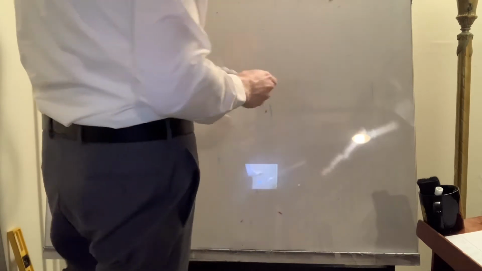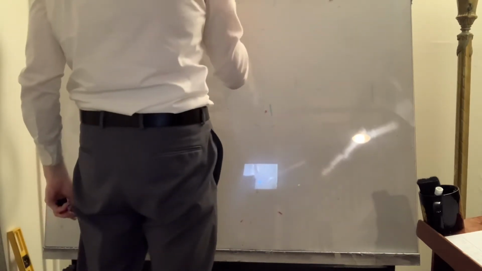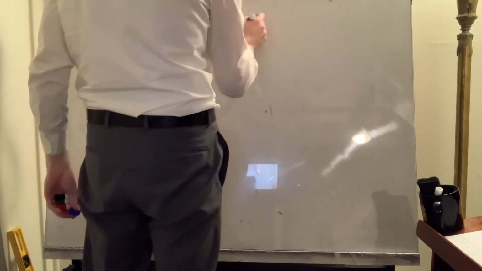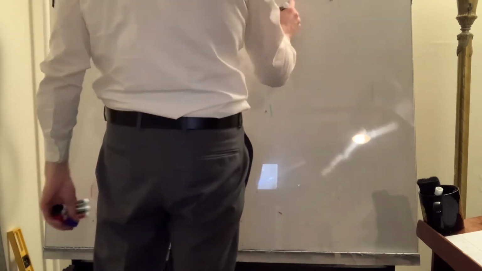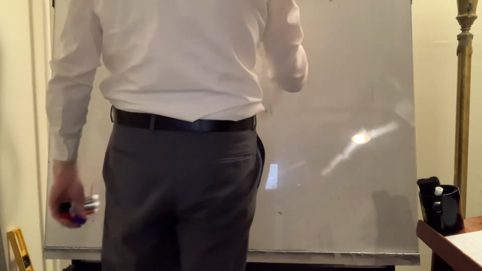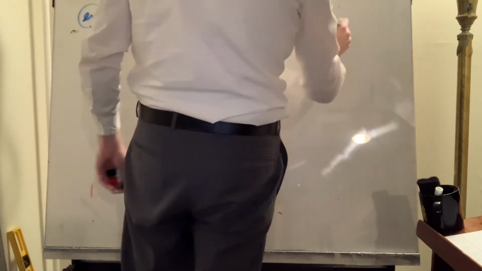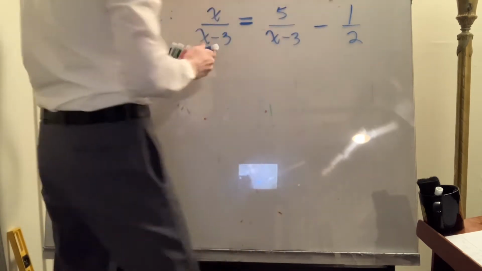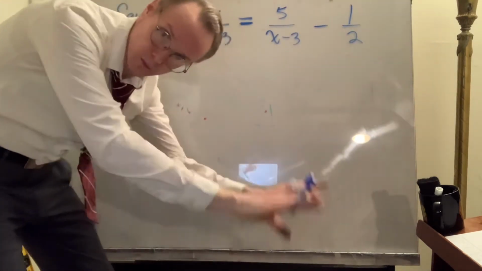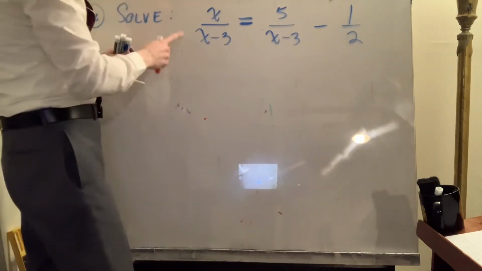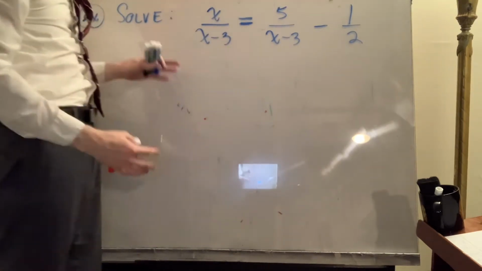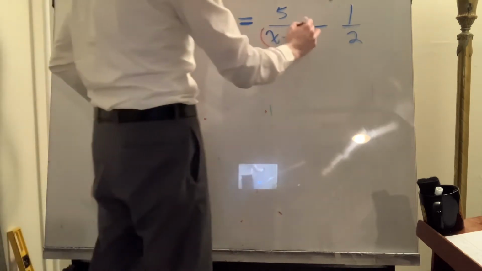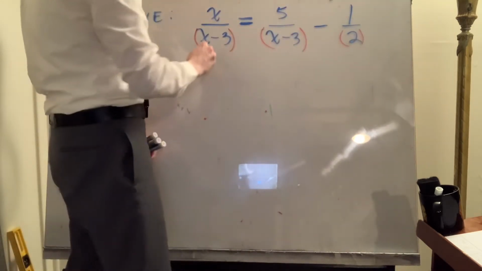All right, let me do another one that's slightly uglier. Suppose you had something like this where the denominators are slightly more complex. They're a binomial as opposed to just a monomial. Minus a half. Okay. Now again, the habit that I want you to condition yourself to get into is, if you're going to pull the trick, if you're going to eliminate the denominators, all right? Wrap a little parentheses around each of these, right? That makes this a factor,